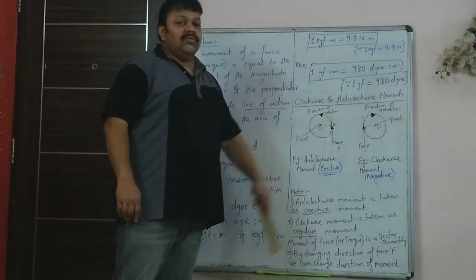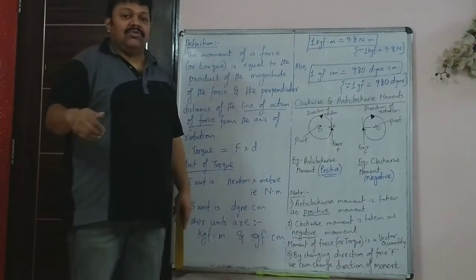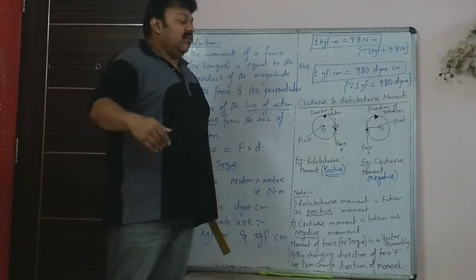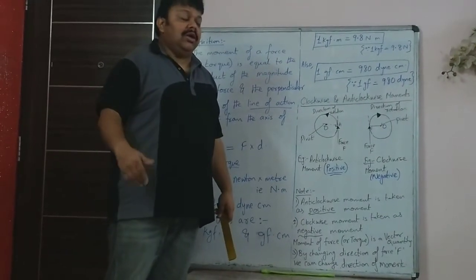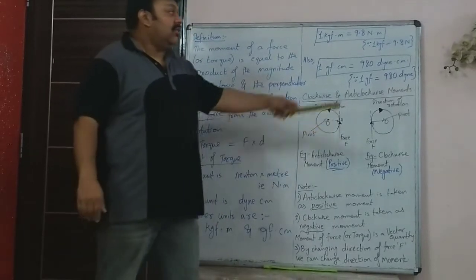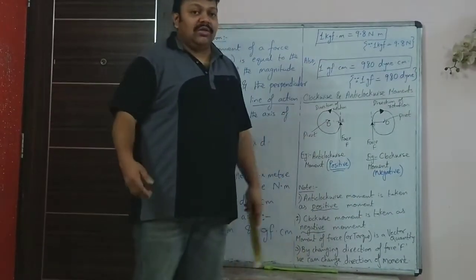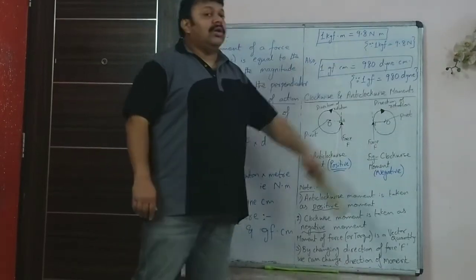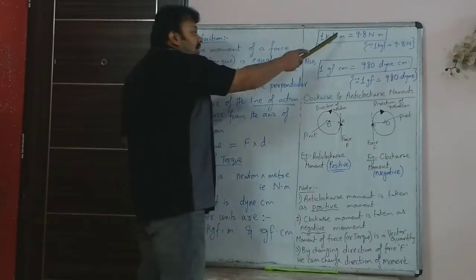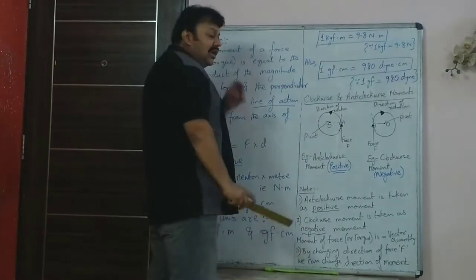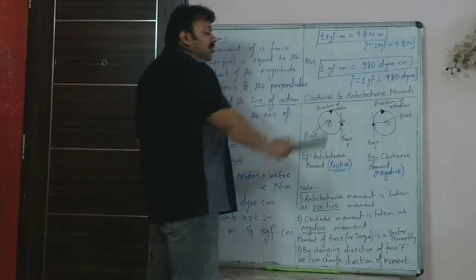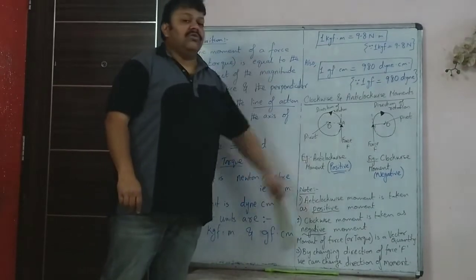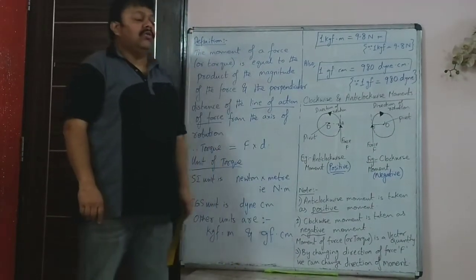So you have learned that if the mass of an object is 1 kg, its weight is 1 kgf. And therefore it is 1 into 9.8, that is the value of acceleration due to gravity in the SI system. So 1 kgf meter will also be 9.8 Newton meter, because we aren't changing the meter, meter is as it is, only the kgf is converted to Newton. So last year you had learned this relation, 1 kgf is 9.8 Newton.